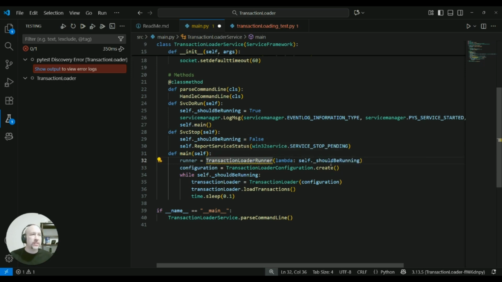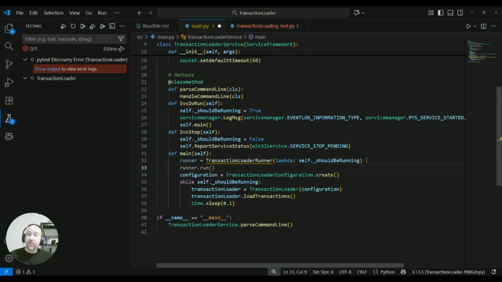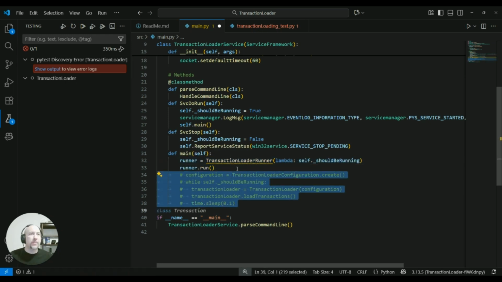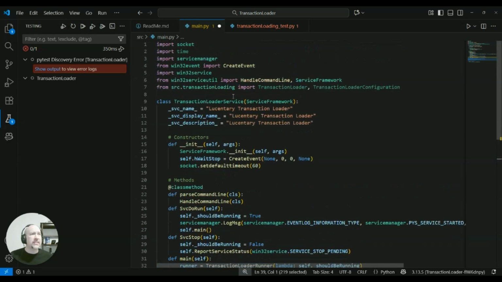So runner, given a transaction loader runner, give it the lambda. And then from here, all I'm going to do is say runner.run. And that's it. The self.should_be_running is going to automatically turn off to false whenever it needs to. And so this loop will automatically close whenever things happen. So all the rest of this is going to go away. I'm going to comment this out for now, but we're going to copy this